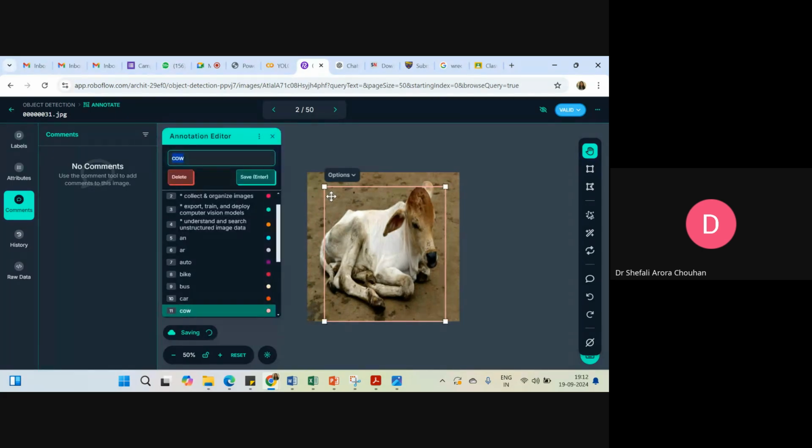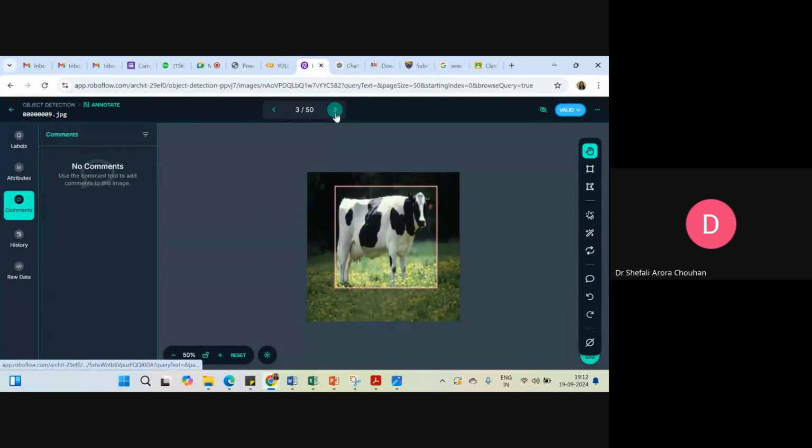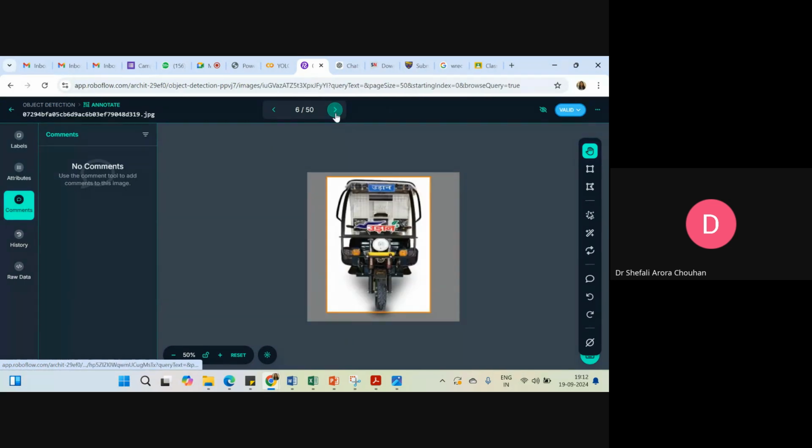And this bounding box will obviously track the location of the bounding box, the coordinates, and what this object is. So this object is basically a cow. So you will save it, and move to the next object. So again, you can annotate, and if you think that it is a very tedious task of manually annotating everything,